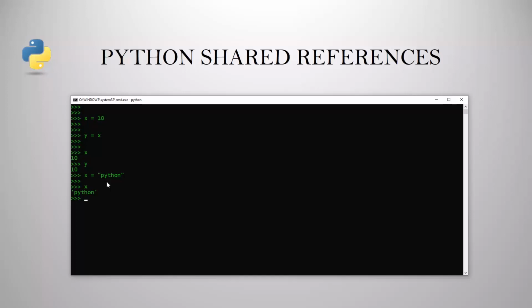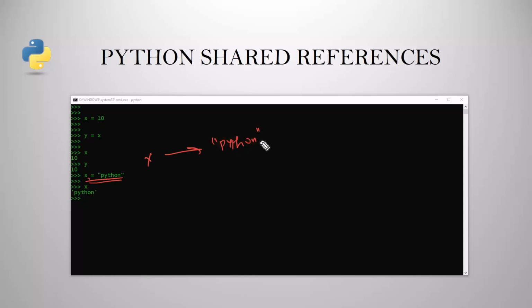As with all Python assignments, this statement simply makes an object to represent the string value Python and sets x to reference the new object. So now we made x reference Python.